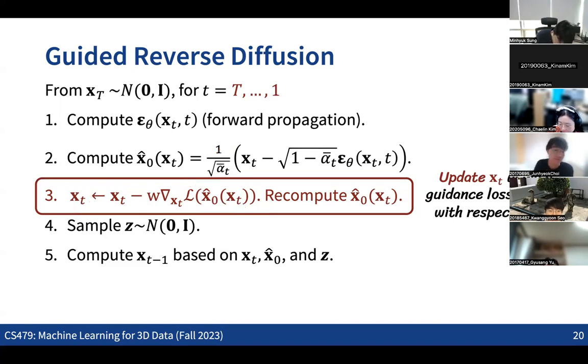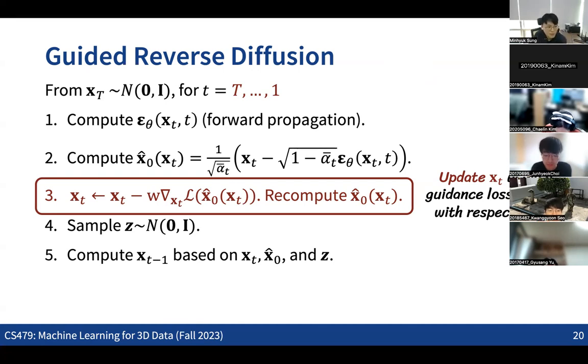So here the basic idea is that over the entire reverse process, when you have the noisy data at each time step, we are adding guidance based on the prediction of x0, the prediction of the final output, in a way that we are pushing each of the noisy data, the xt, to make a trajectory toward the outputs that we want to see. So that's the basic idea for the guided reverse process.